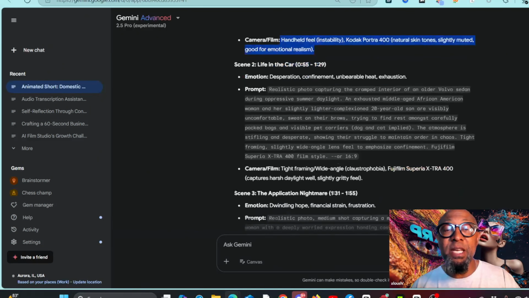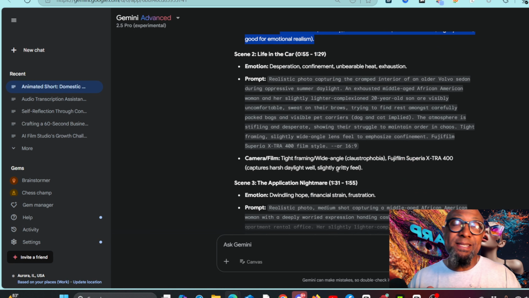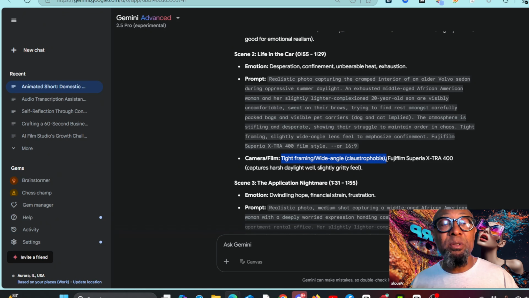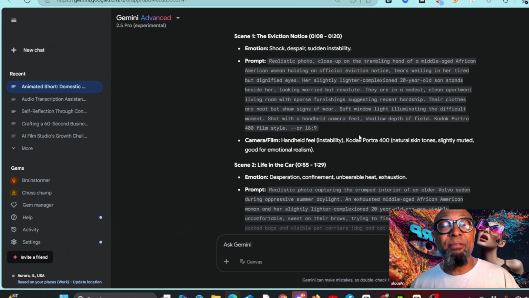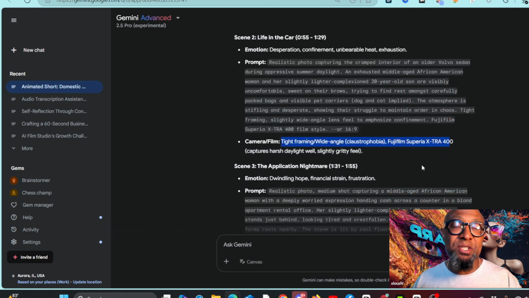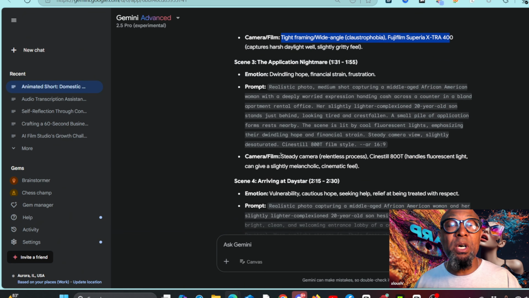And with each scene, you notice, based on the emotion, it changes. So here, we're going to tight framing, wide angle, Fujifilm Superior, all right? That's what we're doing there. Whereas in scene 1, we're using handheld and Kodak Portra 400. So, as you can see, as we go down each one, it's explaining why steady camera, because there's a relentless